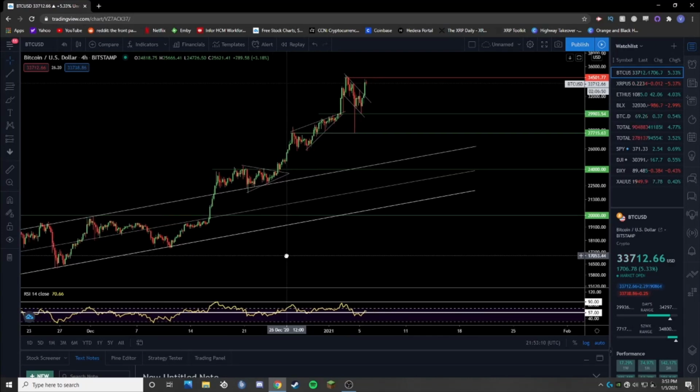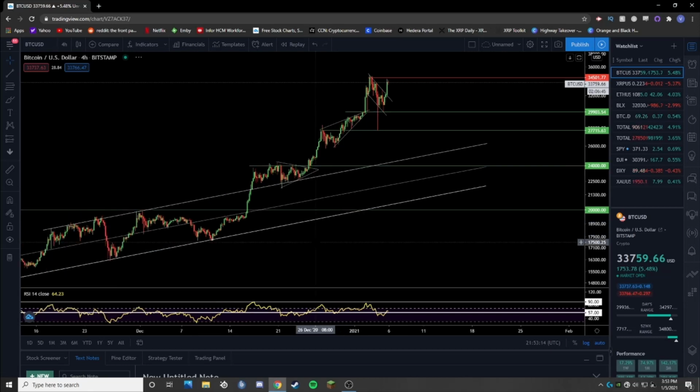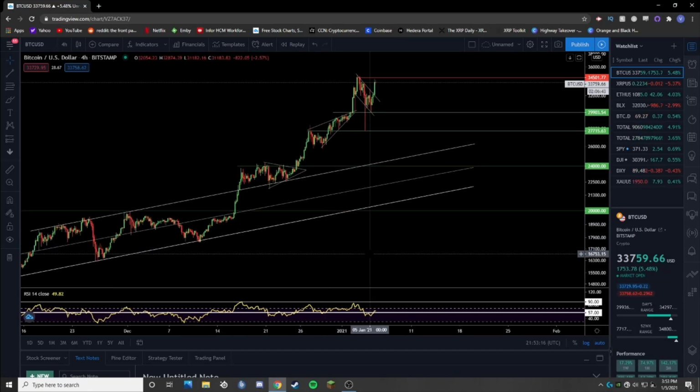What's going on, everybody? Today we're going to be talking about Bitcoin and the possibility of it reaching $40,000. We're going to dive into the charts and go over some technical analysis with you guys. I'm going to give you an inside look at what I'm looking at to stay level-headed during times like these. And really, I want to begin by talking about what happened ever since we broke our $20,000